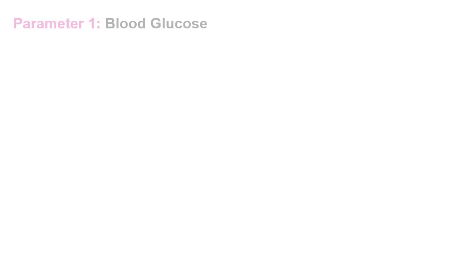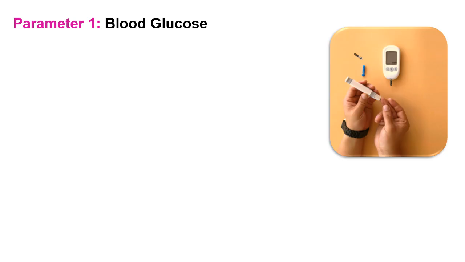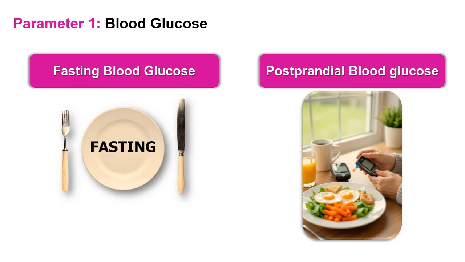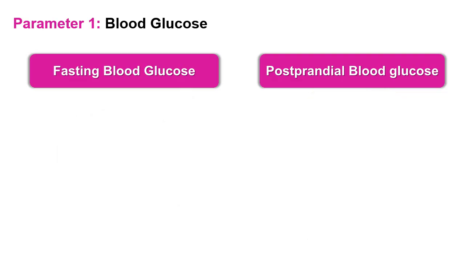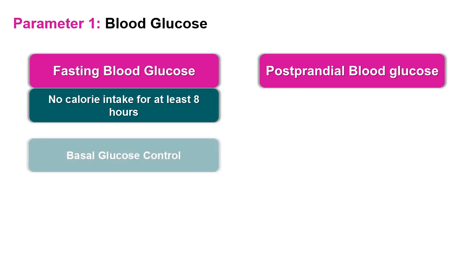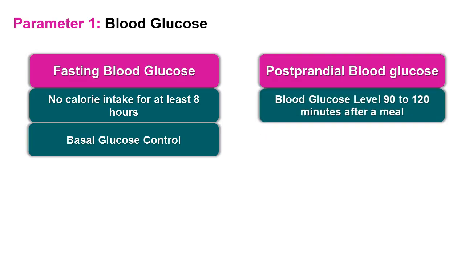I'll begin with the most fundamental laboratory parameter, blood glucose. We typically assess 2 main values, fasting blood glucose and postprandial blood glucose level. Fasting blood glucose is defined as no calorie intake for at least 8 hours, reflecting baseline glucose control. While postprandial blood glucose is a blood glucose level 90 to 120 minutes after a meal, indicating how the body